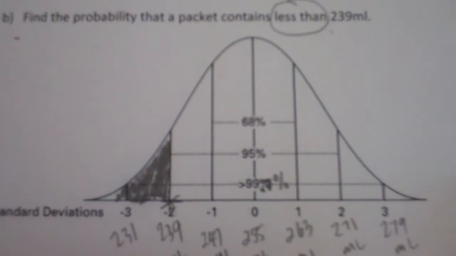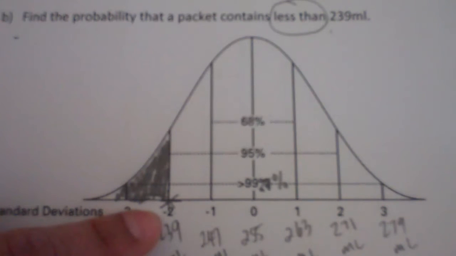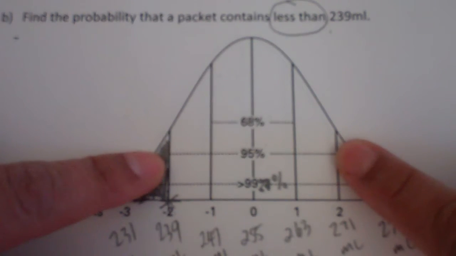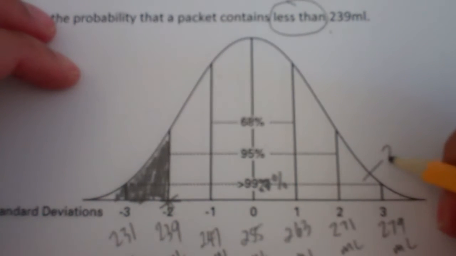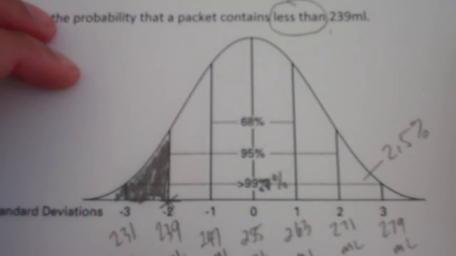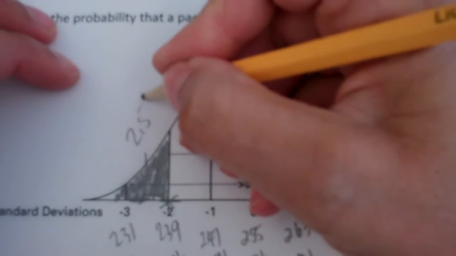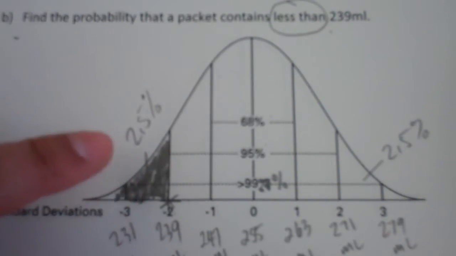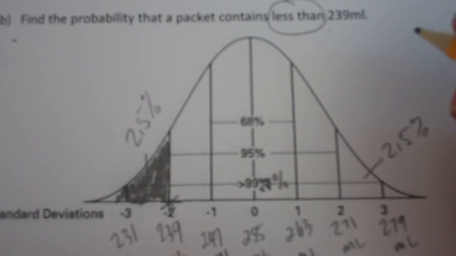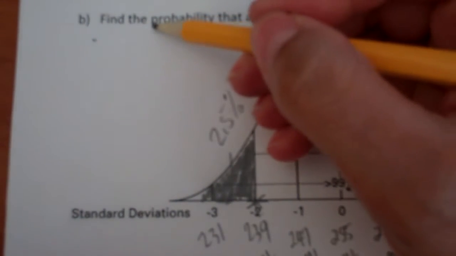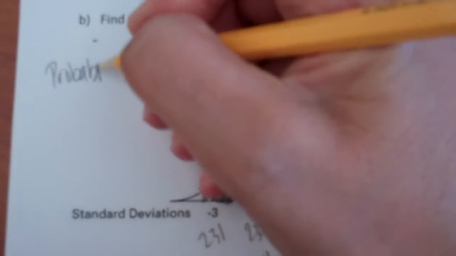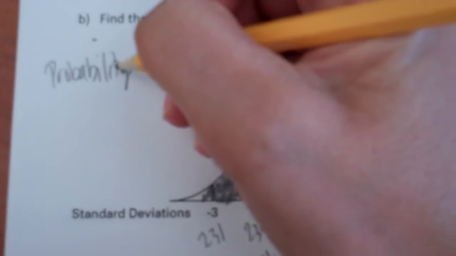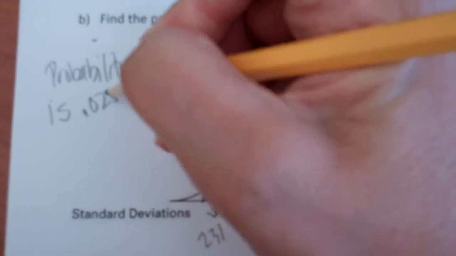And we're going to notice that we're at 2 standard deviations. That means that 95 was in the middle. We just determined that 2.5% is left above and 2.5% is left below. So since we're at 2 standard deviations, we're looking at below, we now know that our probability, we're going to have a 2.5% chance. However, when writing this in a complete sentence and they ask for probability, we're going to say that the probability is 0.025